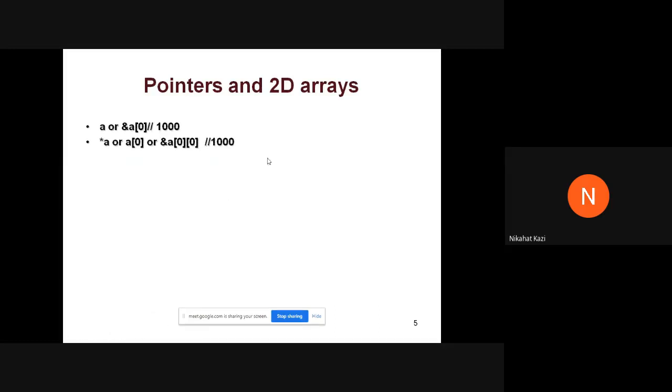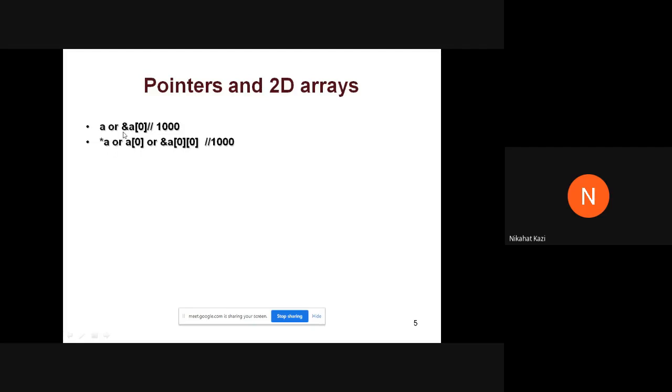Okay. So after this, when I write star of A, if I try to dereference it, what will I get? I will get A of 0. Why will I get A of 0? Because star and address of will get cancelled out. Star of A is nothing but star of address of A of 0.